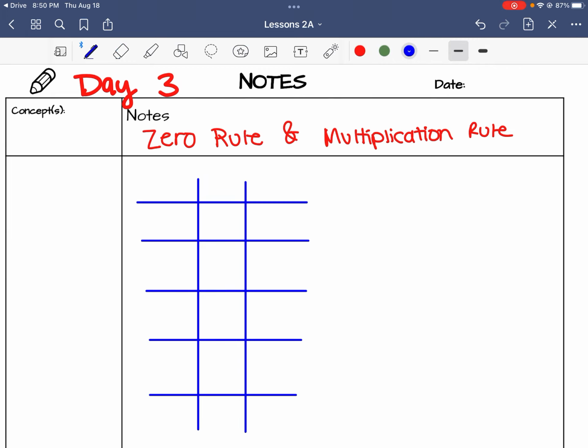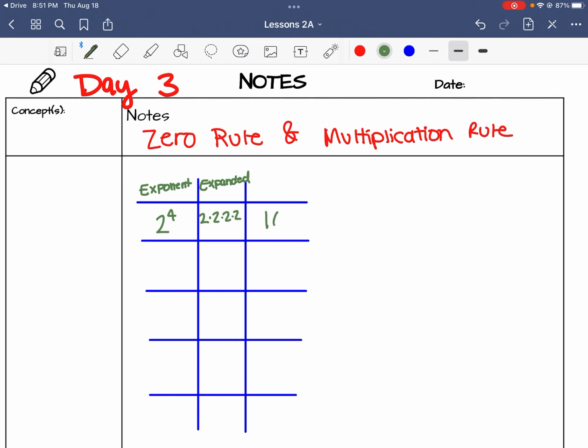Now let's pretend I had, let's work with 2's. Pretend I had 2 to the 4th right here. Well, what is 2 to the 4th? So let's do our exponent version right here, and let's do our expanded right here. If I were to expand this out, this would be 2 times 2 times 2 times 2. Now, what is that? Well, if I were to get a calculator or do it in my head real quick,